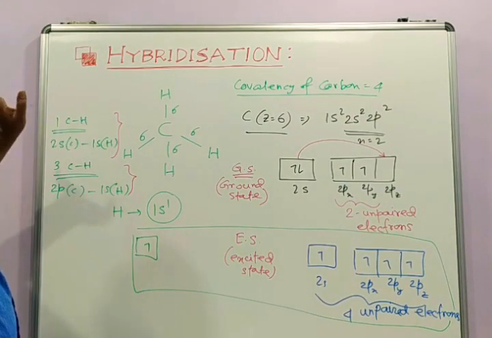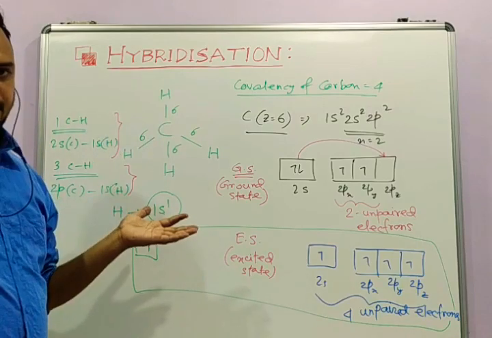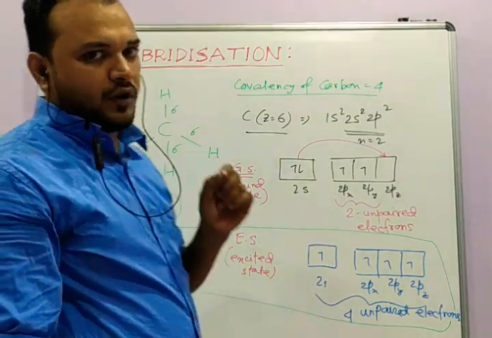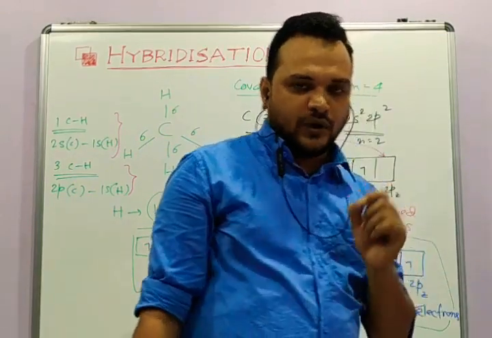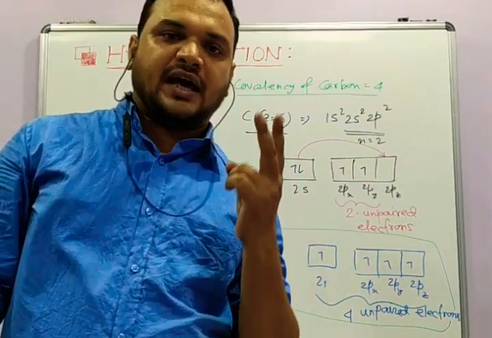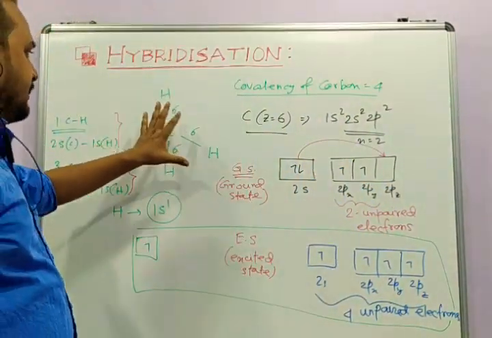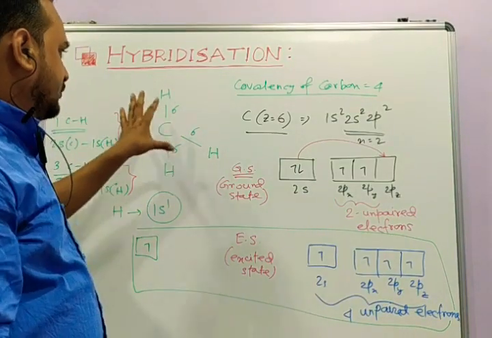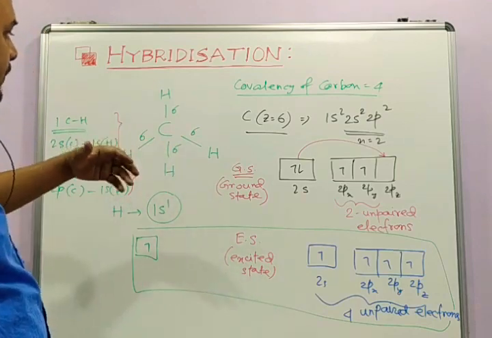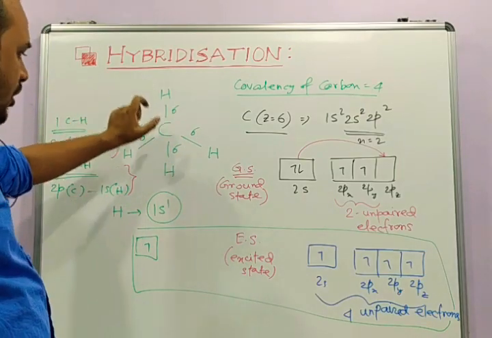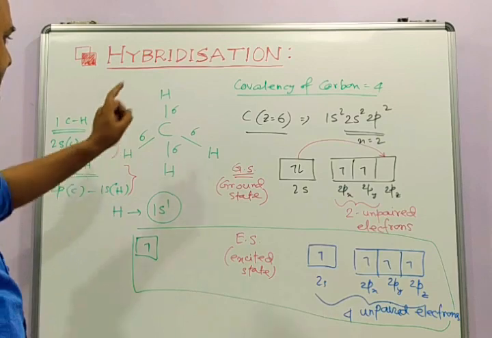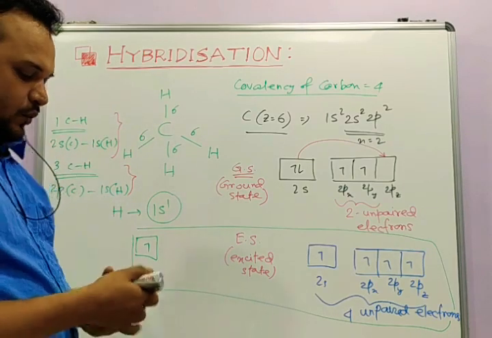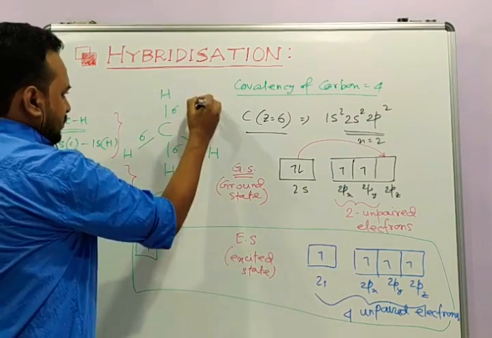And one of the CH bonds is of another type. That means in terms of bond energy and bond length, we should find 2 types of CH bond in the molecule methane. But the experimental finding, using experimental technique, when we obtain the experimental value of bond energy and bond length of CH bond in methane, what is the experimental finding?